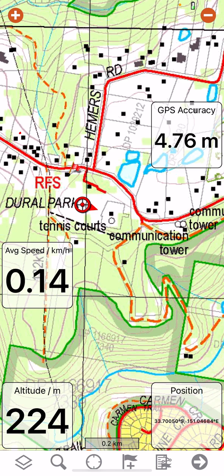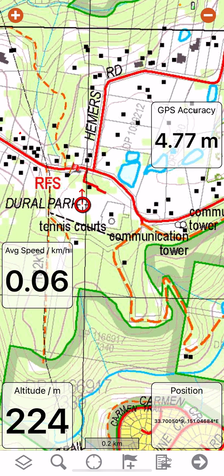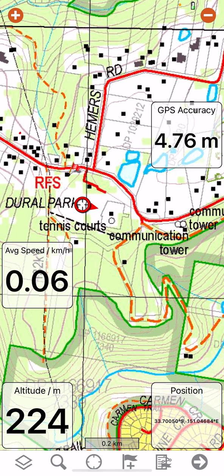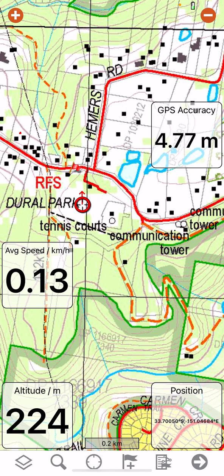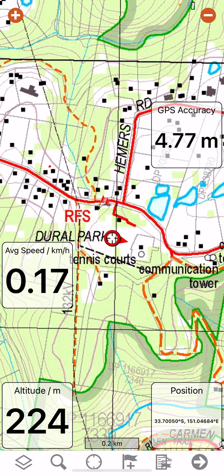So I'm standing in the middle of a quarry oval, in the middle of the cricket pitch roughly, and I can see a communications tower, which I'm just going to use as a test reference point, but it could be a smoke sighting. So the basic process is that you get your GPS out, you allow time for it to settle,